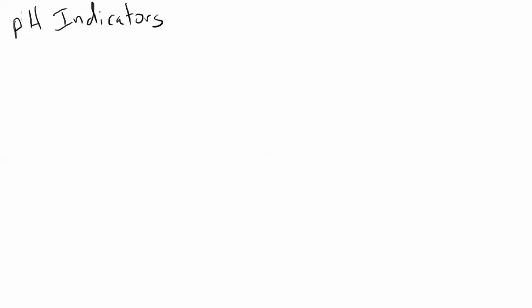This time we're going to be talking about chemicals that are called pH indicators. Basically, pH indicators are either chemical solutions or there's actually a digital option now that tells you the pH of a solution. And pH basically is a way for chemists to measure how acidic or basic a solution is. It's a logarithmic scale that goes from 0 to 14